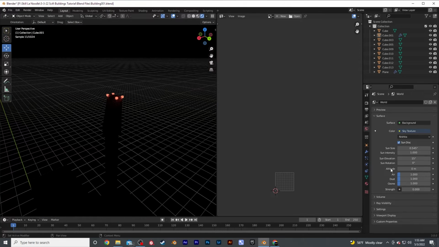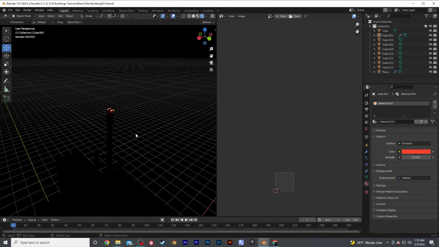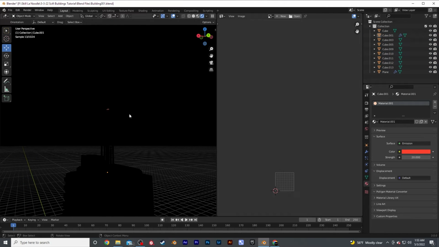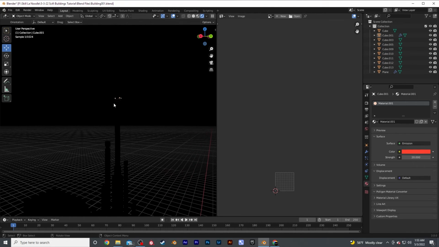So I'm going to scale that down. And currently at the moment that might be a bit too dim. 10. Okay, I guess I'll go higher actually to 20 because I kind of like that white heat to it. Kind of creates a better interest. And you can tell this is already starting to look great with those lights. Those sort of details are really going to help